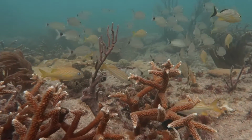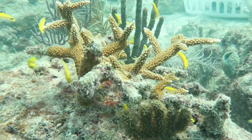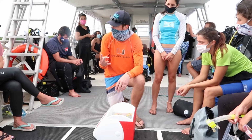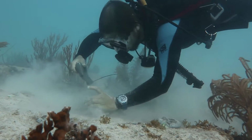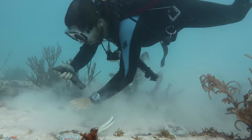So Rescue Reef is a citizen science program that came from our coral reef research and restoration, where we realized that coral reefs are facing a lot of different issues, and active restoration can be a huge tool for their recovery, but we really needed to do more. So Rescue Reef allows the opportunity for any individual from the public to come on the boat with us, meet our team, learn about this stuff, and then actually help with our restoration so they can then be part of their recovery long term. The other wonderful thing about citizen science is that it both advances our own research and